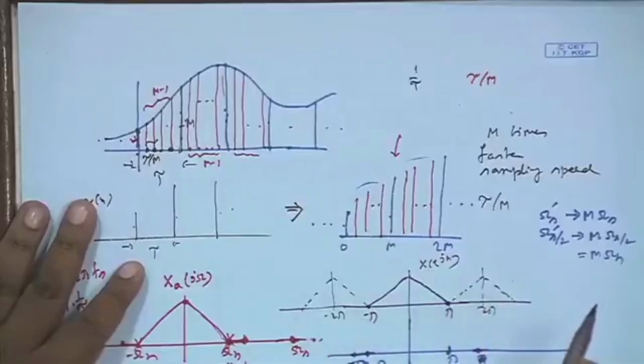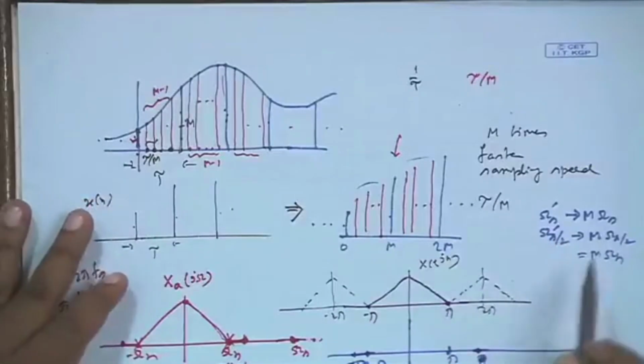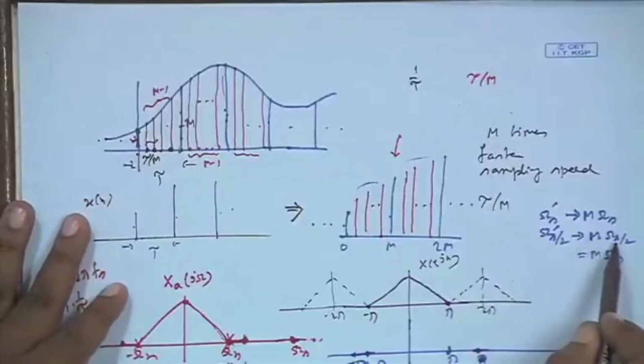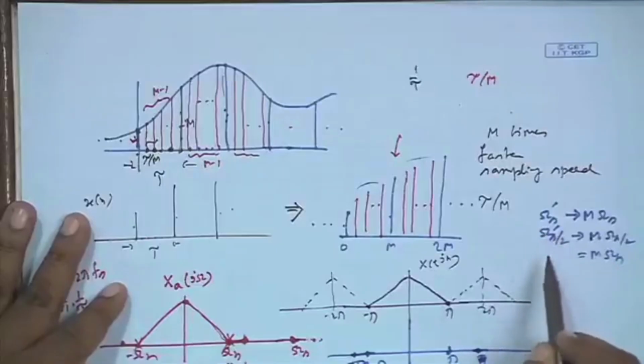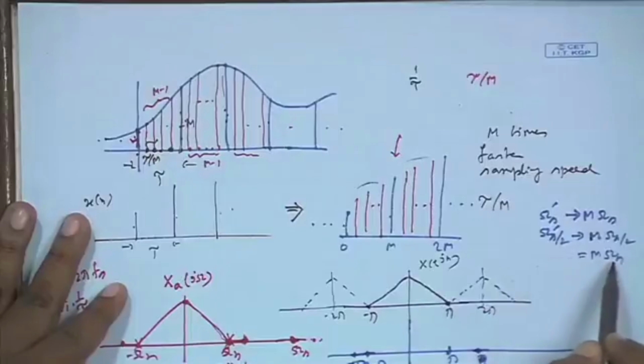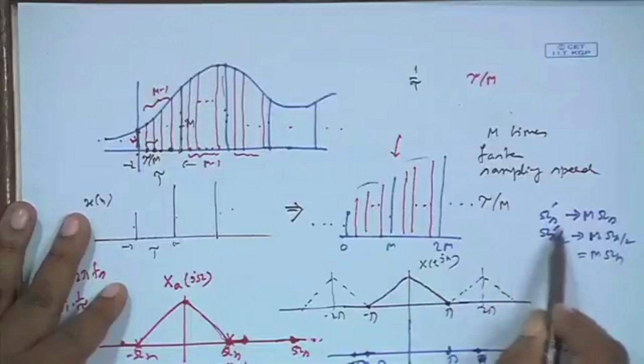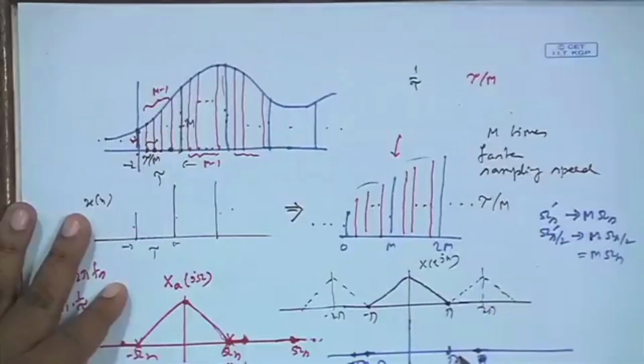But now the new half sampling frequency is omega s prime by 2, that will in any case map to pi, but that is m times the original half sampling frequency, which means m times the original band limiting frequency. So, if the half sampling frequency in the analog domain is m times the original band limiting frequency, the map of half sampling frequency, which is pi again, will be m times the map of omega h. That means omega h will now map to pi by m,